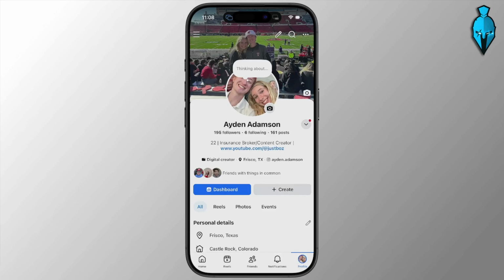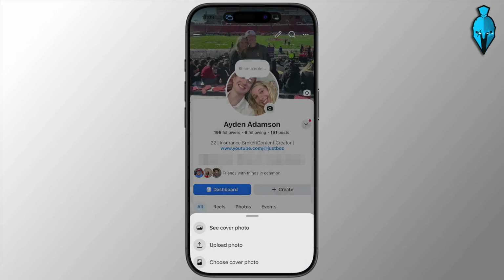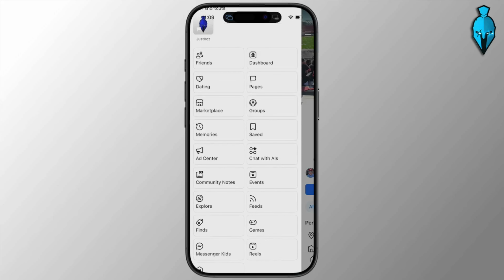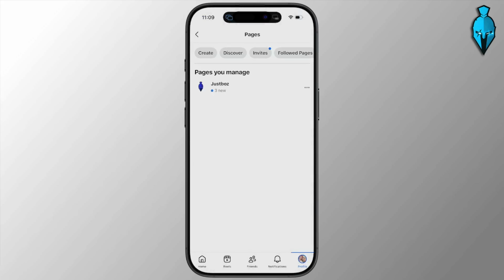Begin by opening up Facebook on your iPhone or Android, or just visit facebook.com on a computer and open up the menu, which is those three lines, to pull up a page that looks something like this. From here, what you want to go ahead and do is select See More, and in this section, you're going to see Pages. Open that up, and what you can do is hit Create, choose Professional Page, and then hit